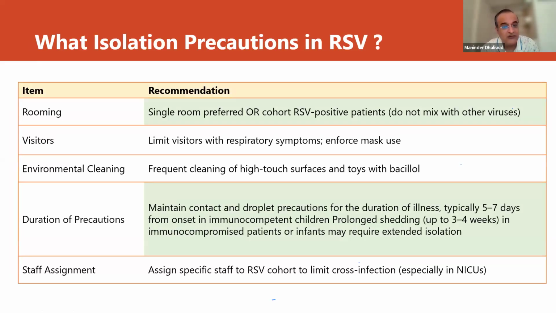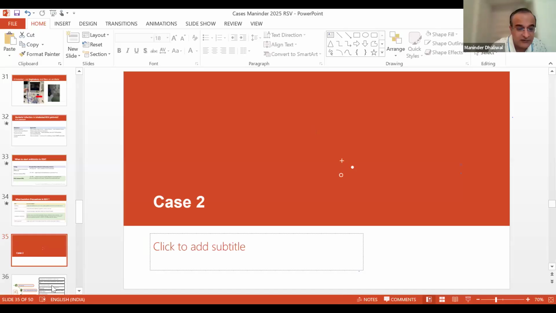So isolation precautions, we have told clearly that you have to cohort them, limit the visitors, you have to do environmental cleaning, and it should continue for 5 to 7 days. And limit the RSV cross infection, especially in your NICUs and PICUs. So we'll just go with RSV first. I'll go to the second